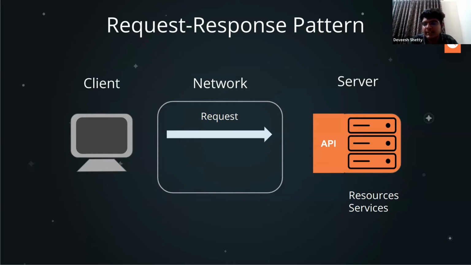The Google database will analyze everything and send a response back: you searched Postman in Google, and these are the results we found on the web. That is how the server will respond, so the client can easily see whatever they searched for. That is the simple workflow of request and response: the client sends the request to the server and the server responds back to the client.